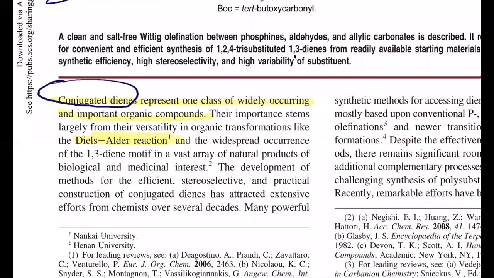That's a very important reaction. You can build up these cyclic motifs really fast using the Diels-Alder, right? And look at the reasoning. Again, you always want to ask why it's important, right? So now if you look here,